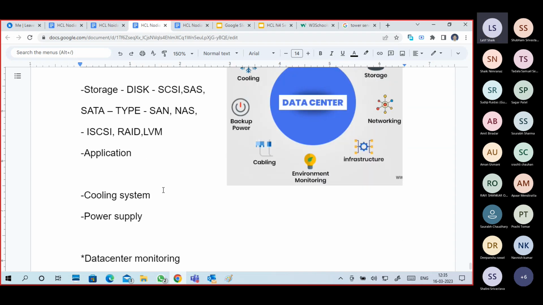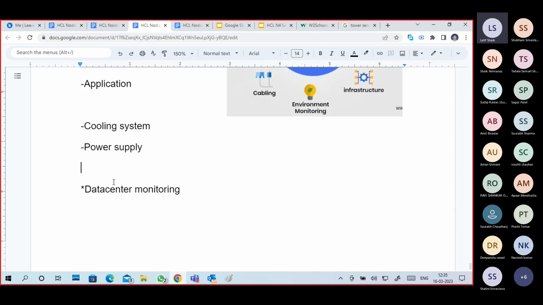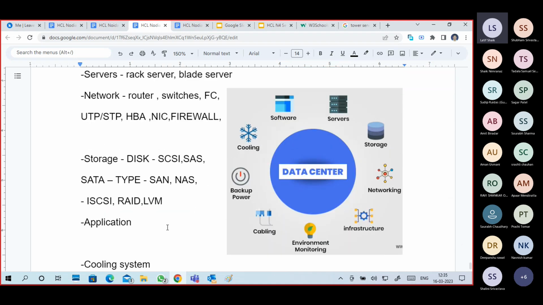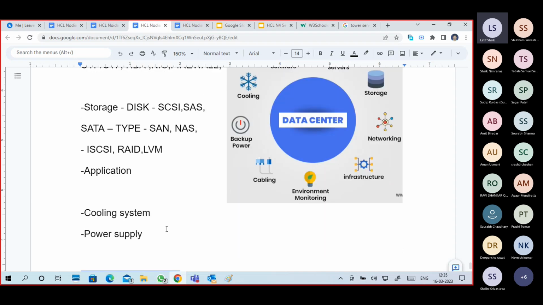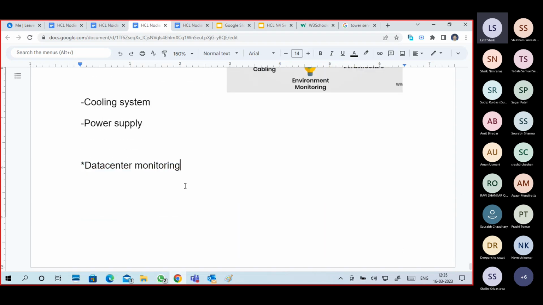Of course, for any data center, you must maintain the cooling system and power supply. There is also a data center monitoring concept. Monitor how the servers are functioning, how your network devices are working, how the network flow and traffic are, how storage is going, whether anything is down, full, or busy. So you must monitor the data center. Different tools are used to monitor it, like